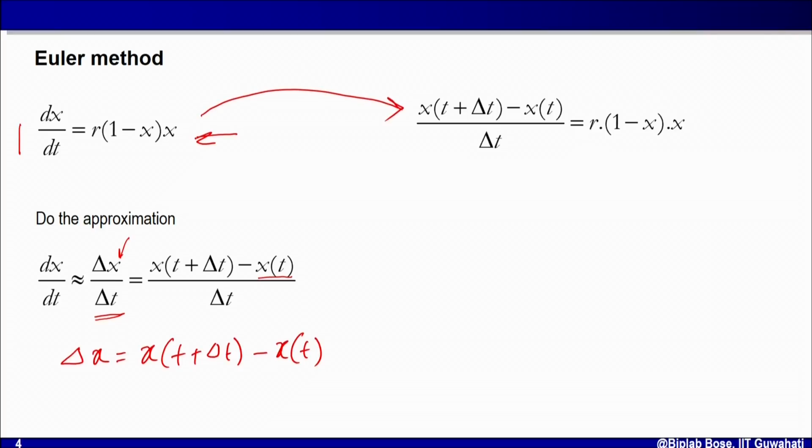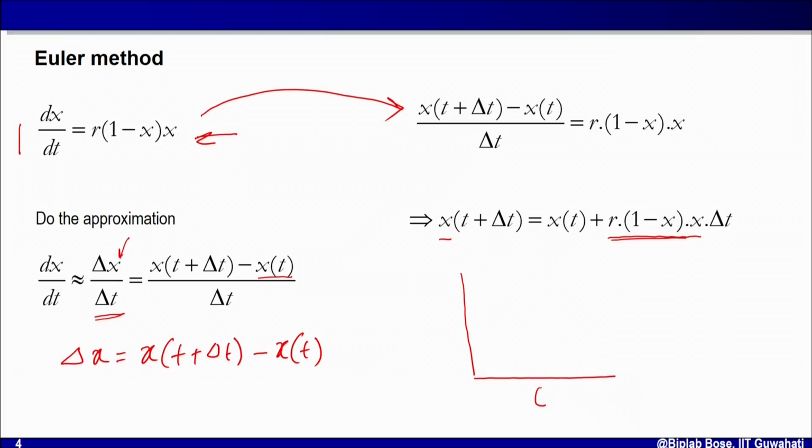Now if I rearrange these terms so that I keep x at t plus delta t only on the left hand side and everything else on the right hand side, then I get this: x(t + delta t) = x(t) + r(1 - x)x times delta t. Remember, this is coming from the ODE. That means if I